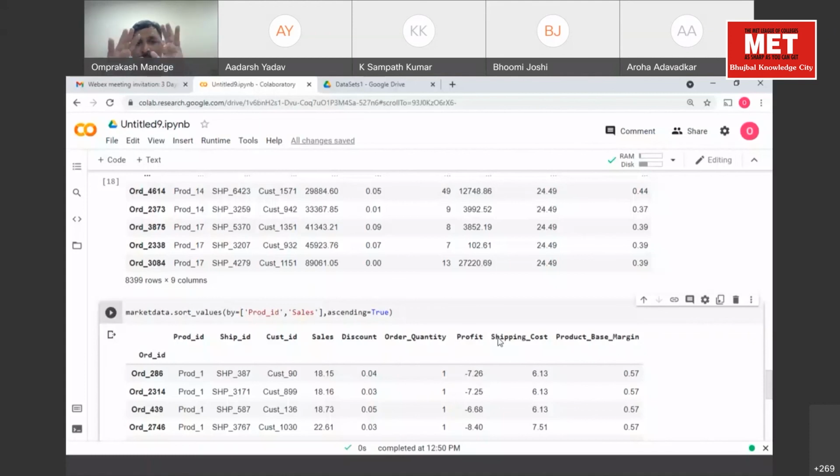When you have two columns and the first column's values are the same, which column are we going to consider? The second column. So the second column comes into play if the first column's values are the same.